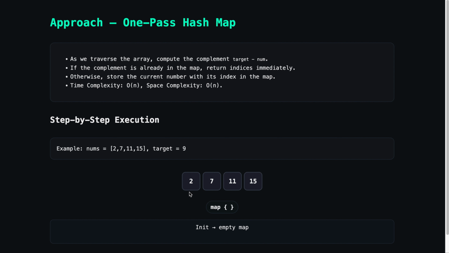This is the input array nums and the value of target is 9. So initially the map is completely empty because we haven't processed anything yet, right? Now we are at index 0. The current number is 2. The complement we need to find is 9 minus 2, that is equal to 7. So now we check, is 7 already in the hash map? And no, it is not, because the map is completely empty right now. So we simply store 2 with its corresponding index 0 into the hash map,